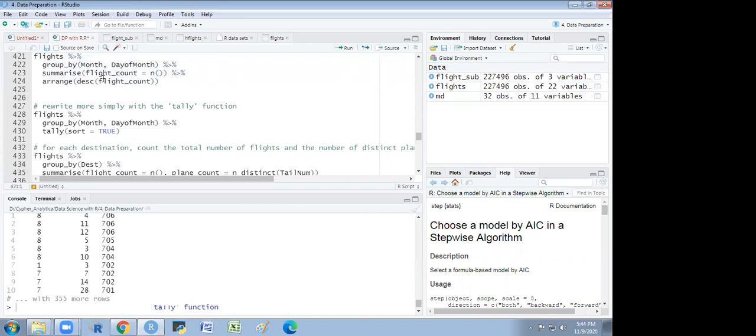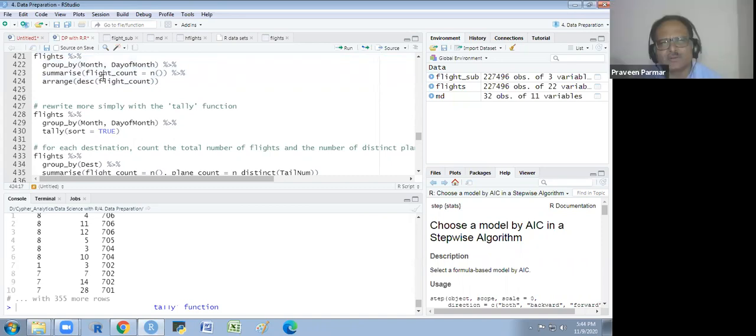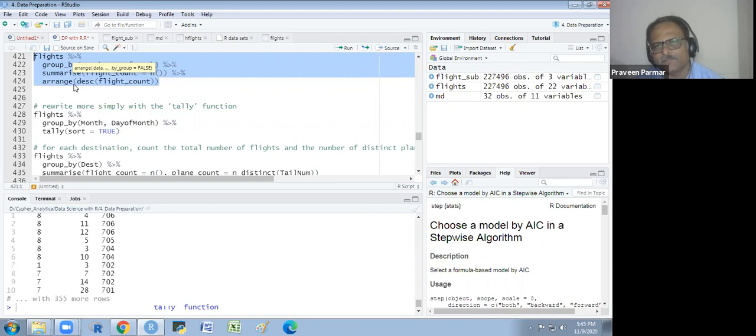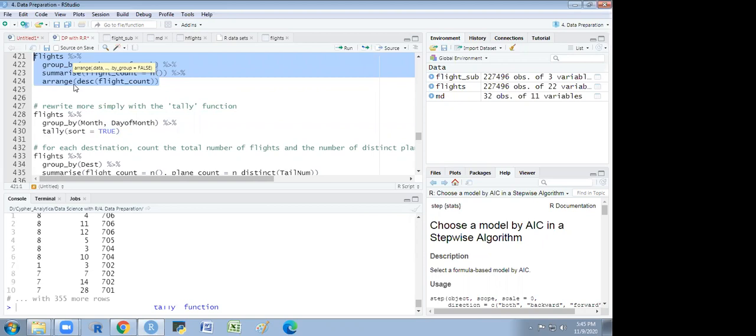Why, sir? Because it gives us a clearer picture of what we are doing through these functions. Yes, here sometimes we may get confused. Anybody who knows R could understand easily: we have done this, then this, then this. Yes, sir, it is giving us that clear picture.